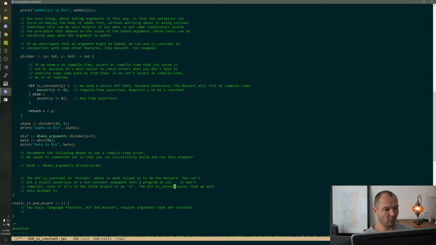The if is constant y ensures that we will only attempt to compile the assert when it is valid.